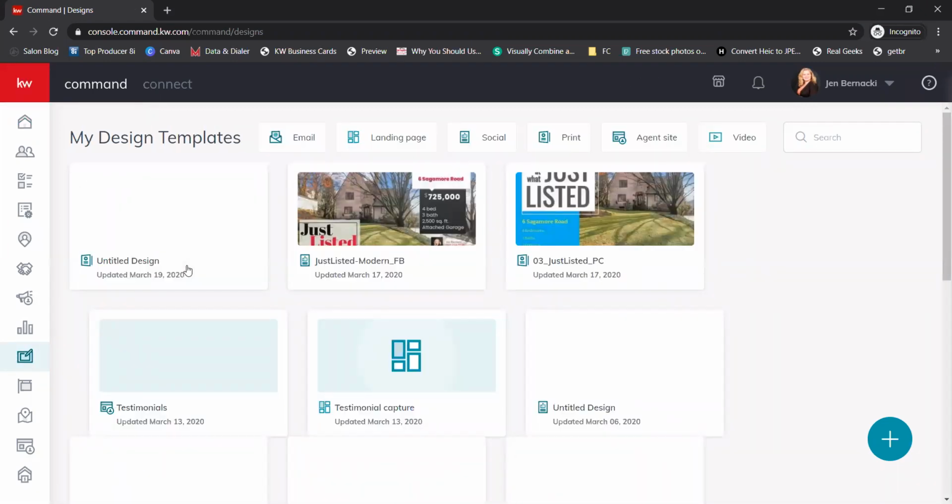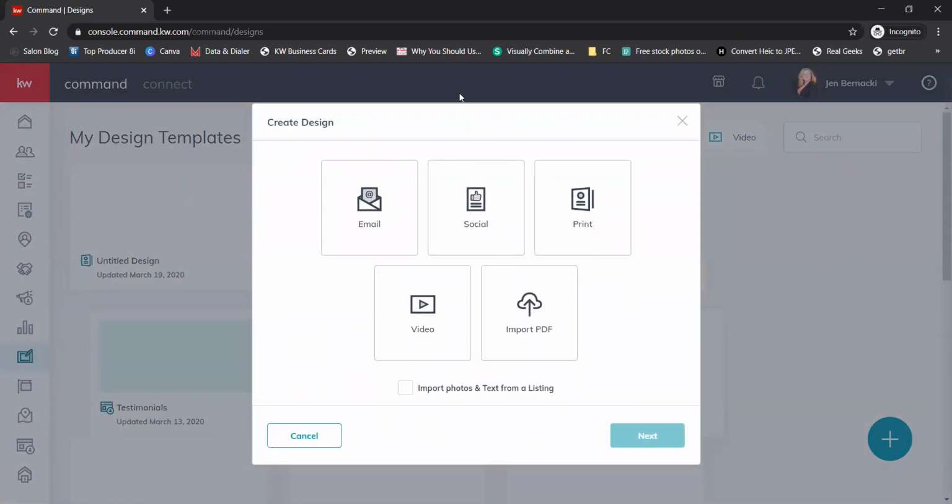If you haven't created anything in designs, you might have a pretty blank page. If you have created other designs, then you'll have something that looks pretty similar to my page here. To create a new design, regardless of what type of design it is, we are going to click on this big blue plus on the bottom right, and you'll get this pop-up asking you what type of design you're trying